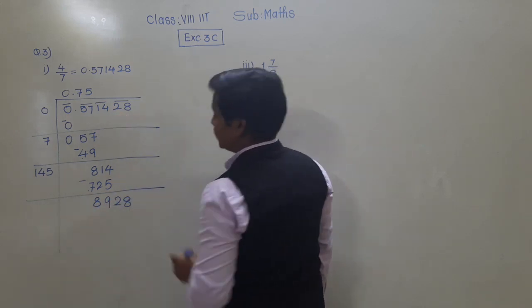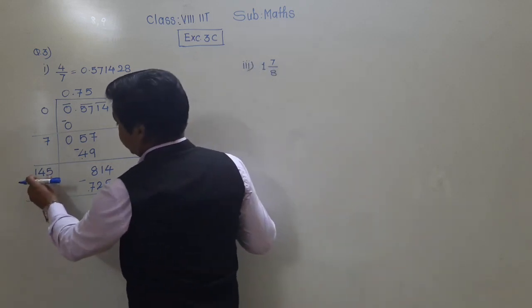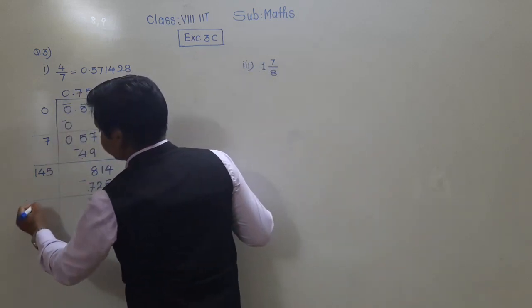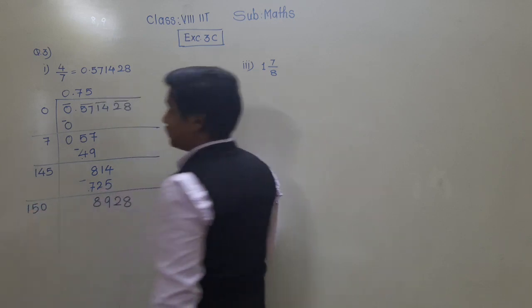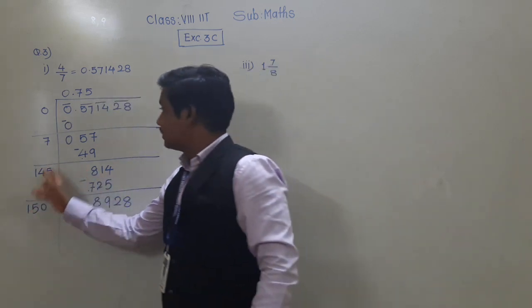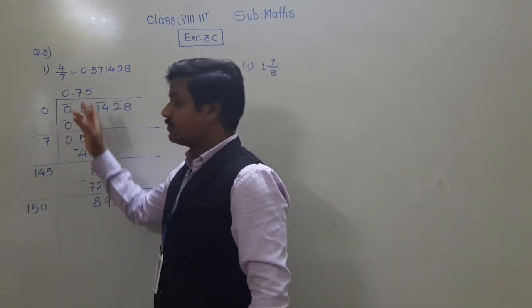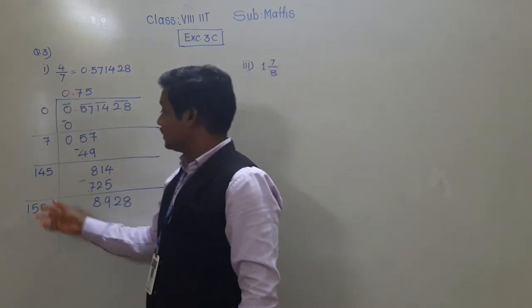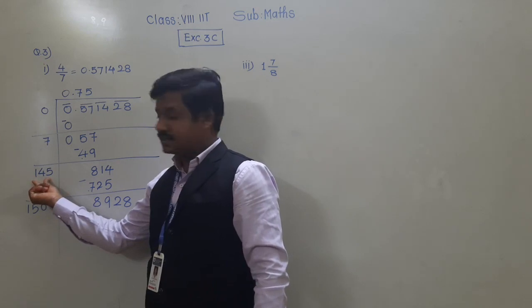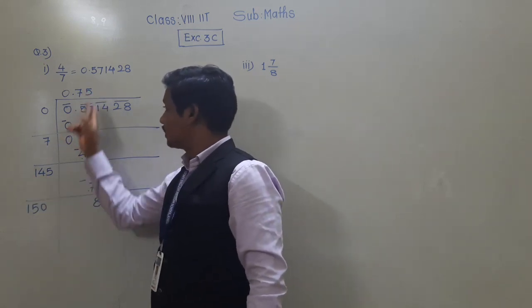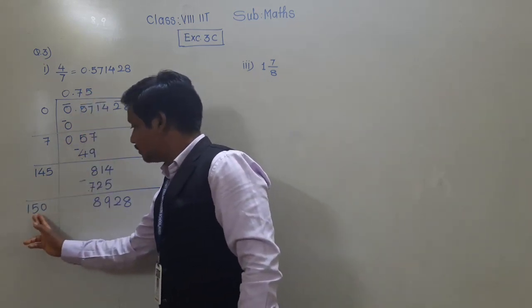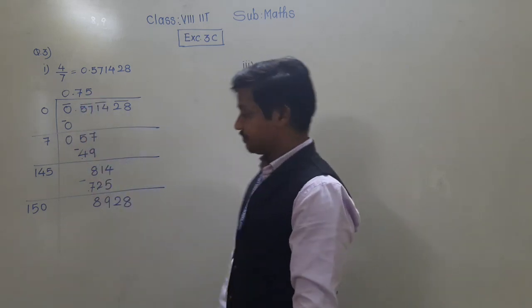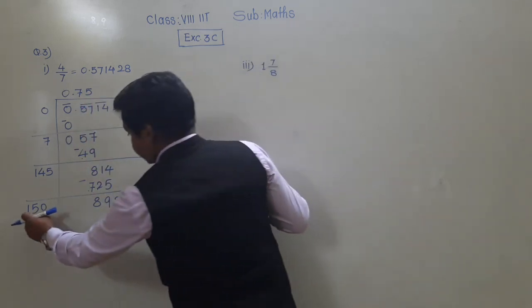Then take the next part down. It became 8920. And here 145 plus 5, 150. As I told you yesterday during Google Meet, instead of doubling here, if the number is bigger it takes time to double. So instead of that, in this previous divisor you can add this digit. So 145 plus 5, 150. And you know 150 is double of 75. Correct? So now 150 is here.